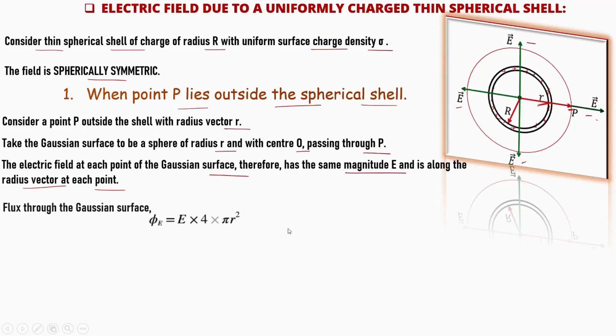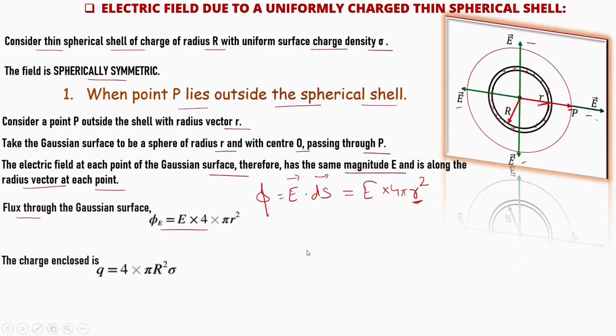These are the introductory steps that we have to write in the exam. Now next we go for the steps. The first step is that in order to find the electric field, we must know the flux, that is, the flux passing through the Gaussian surface. We know the formula for the flux is the integral of E dot dS, by definition of the flux. We simply apply this. Now E is constant, so we take it as E only. dS means the area of the Gaussian surface. We know that the area of the Gaussian surface is 4 pi r squared because the Gaussian surface has a radius of small r. So this will be our flux associated with the Gaussian surface.